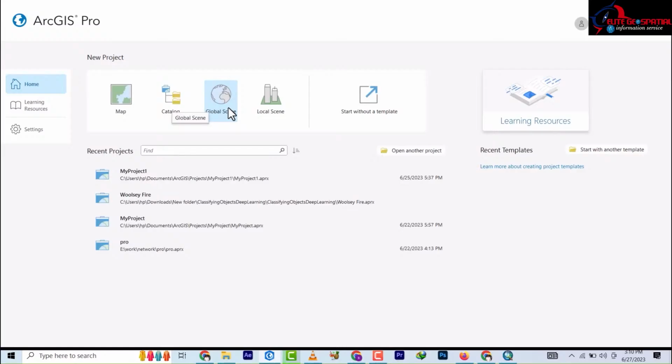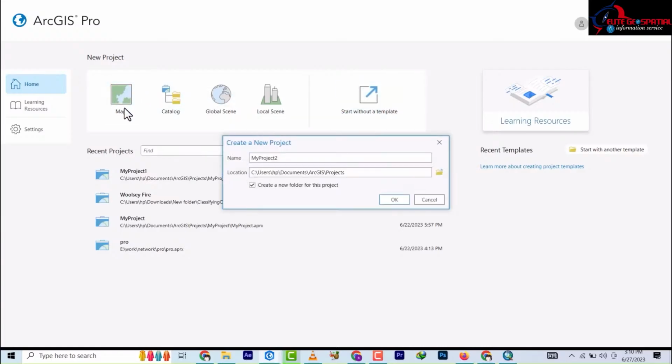You can also choose to start without a template. Everything has been integrated into one. So we'll be starting with ArcMap. When you click once on it, it's going to ask you for the project name, the project you're going to work on. So let's say